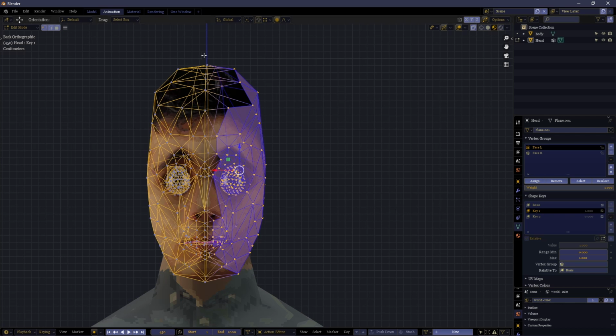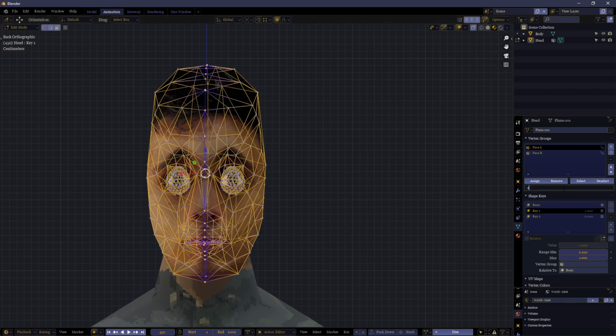Now we have this middle row here as well, and what we need to do for this is assign it with a weight of 0.5, both to the left and to the right. If we assign this with a weight of 1, that means that if the left side has a shape key which affects one of these vertices, and the right key also has a shape key that affects one of these vertices, if both of these values for these vertices have a full weight, that means these are going to get moved twice as much as they're supposed to be, because both the left and the right are affecting them 100%.